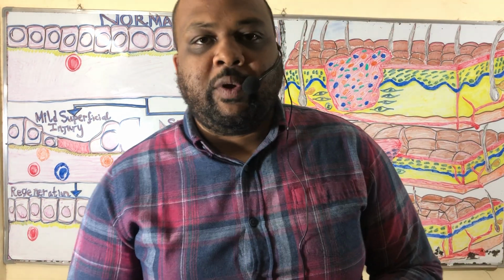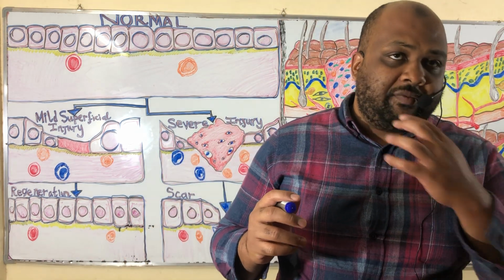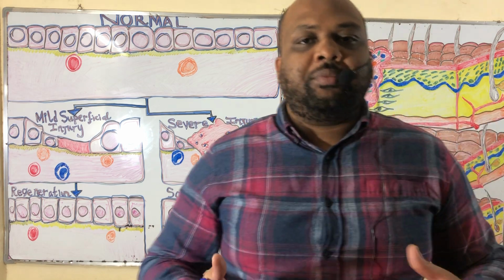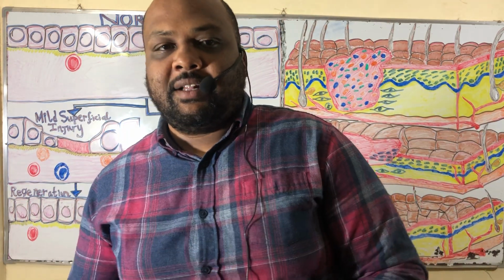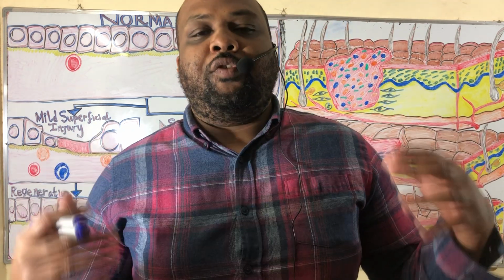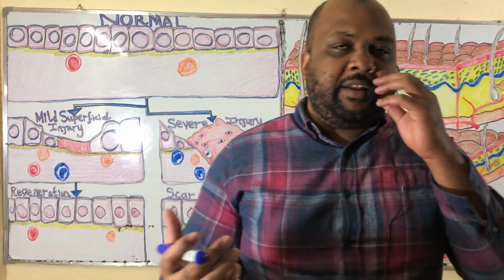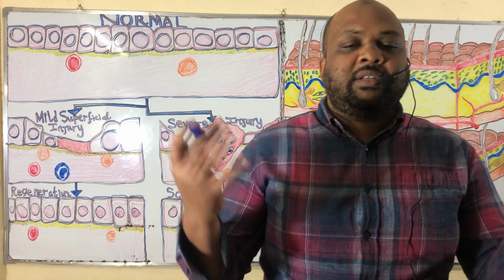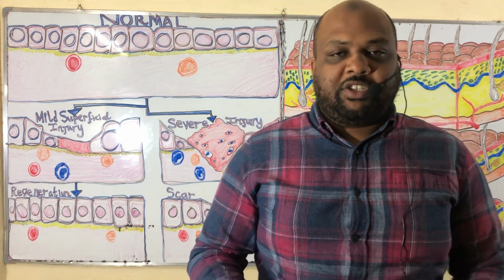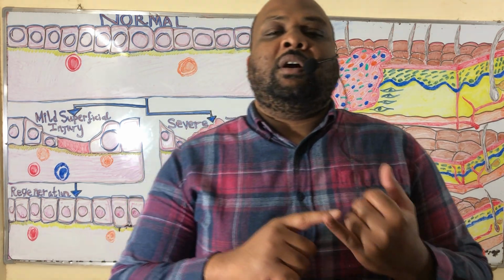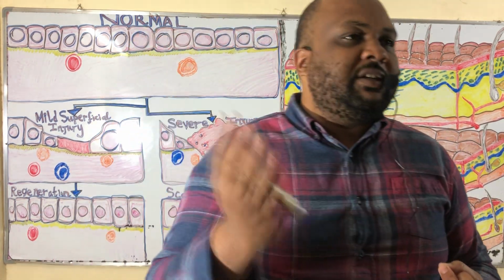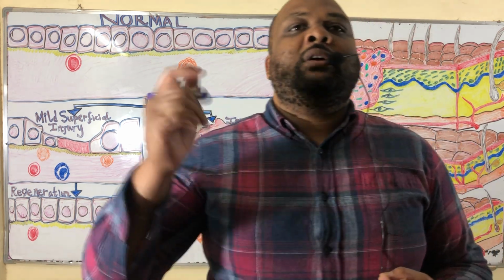So recapping real quick, we said we have a normal healthy tissue comprised of normal healthy cells. These healthy cells are in a state of homeostasis and steady state, where they are constantly subjected to stressful and noxious stimuli such as ultraviolet radiation, such as infections, whether bacterial, viral,